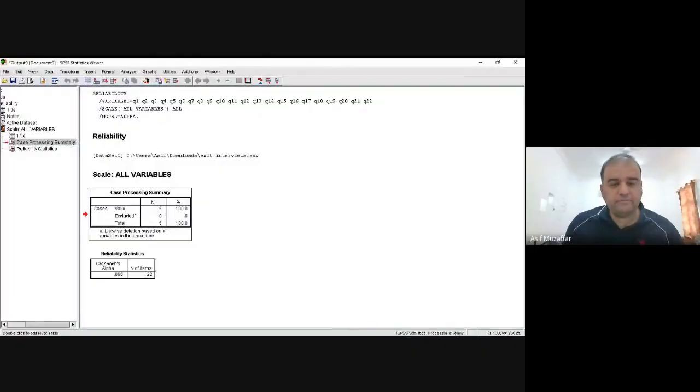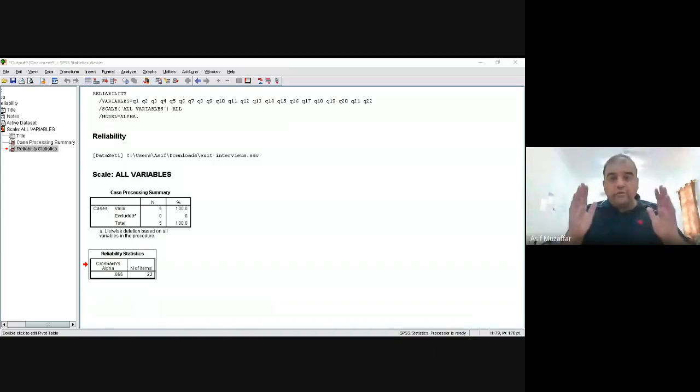It's a very simple report. See this. Nothing to do with the first table. Yes, now you can see. Nothing to do with the first table. The second table, Cronbach's alpha. See, reliability statistics, Cronbach's alpha. What is the value? 0.866. Is my questionnaire reliable? For how many questions? You can see also the question numbers in the report. 22 items, 22 questions.